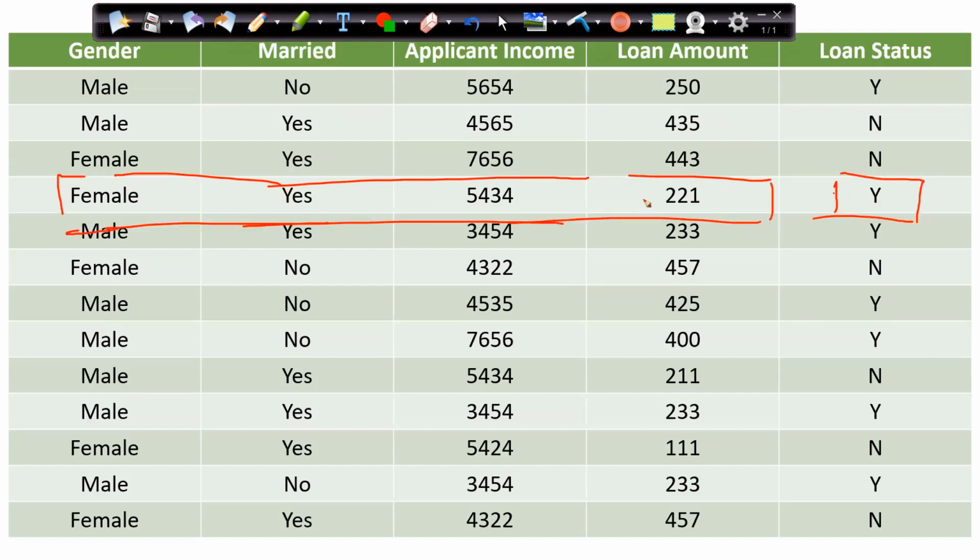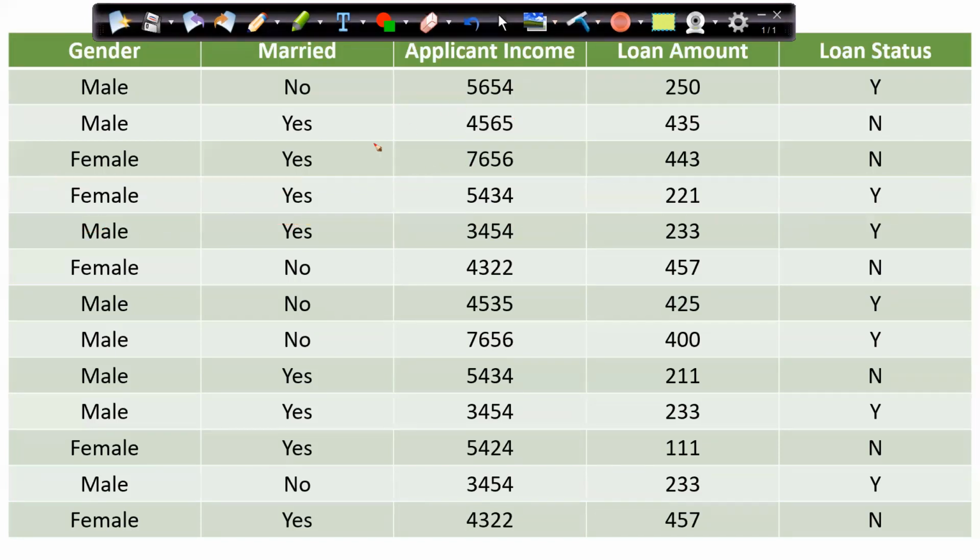Right? Now, how to find the effectiveness of this particular algorithm? What we normally do is, let's assume that this is my entire data set, right? Let's say as of now 1 2 3 4 5 6 7 8 9 10 11 12 13 records are there, right? But let's assume that we have more number of records. This is just a few of the records which we are able to see.